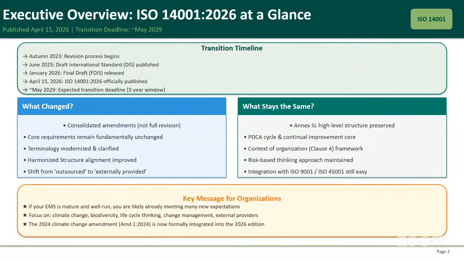Then 6.3, which is now new in the new ISO 14001 2026, talks about planning of changes. How do you plan your changes? Then we now have clause 7 and clause 8. Clause 7 is the supporting system, the support system that